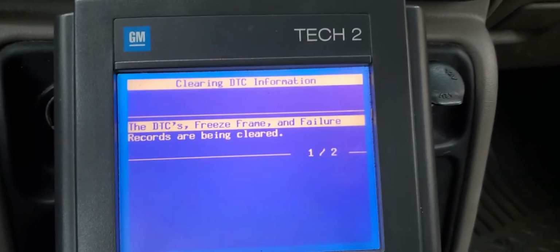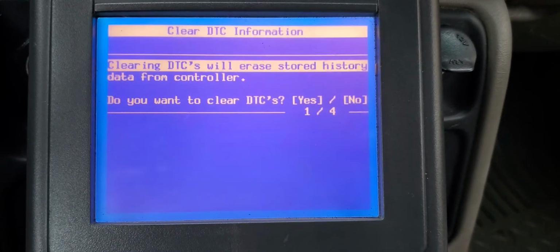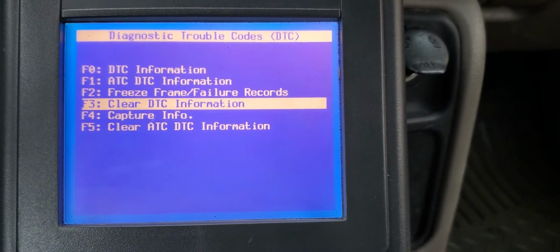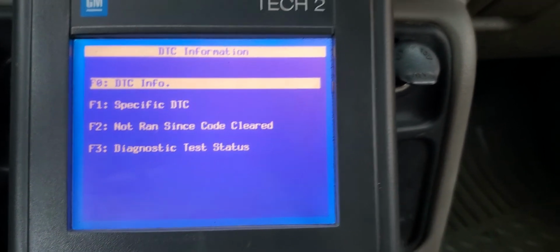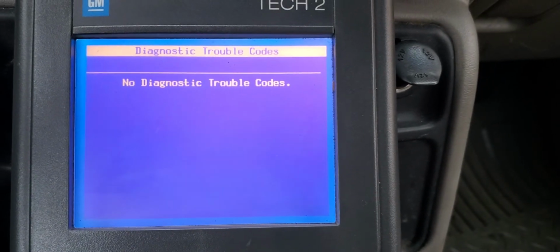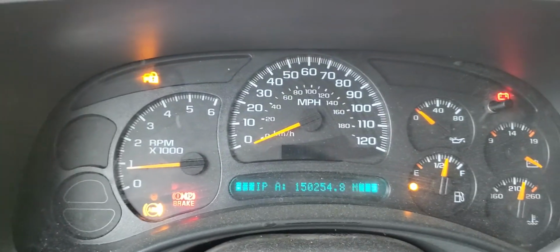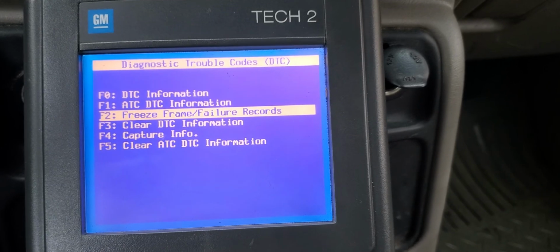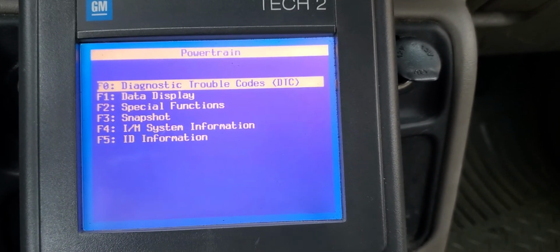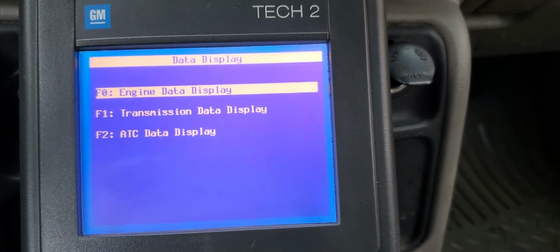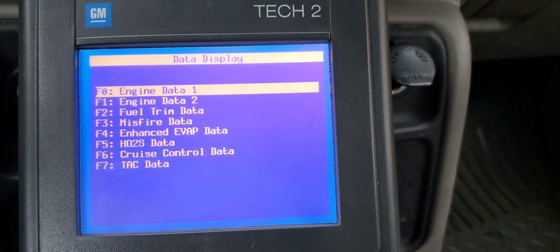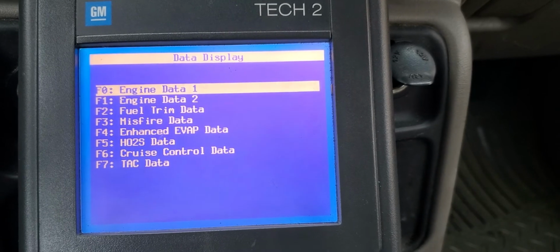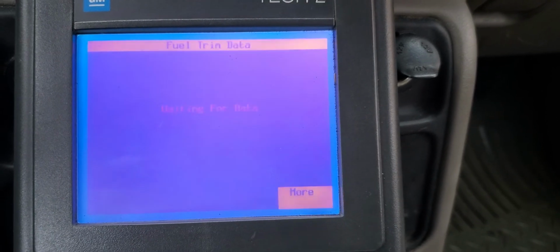Yes. Clear it. See if it's there. DTC: no DTC. I'm going to start my car. No code, no check engine light. I will go back again to see what is available. This is one of the diagnoses that you have to be familiar with. Misfire is available, but I just want to see fuel trim data, because if it's still leaning there,